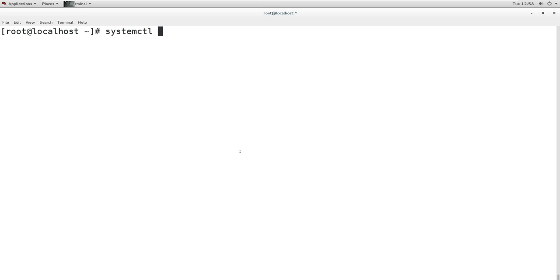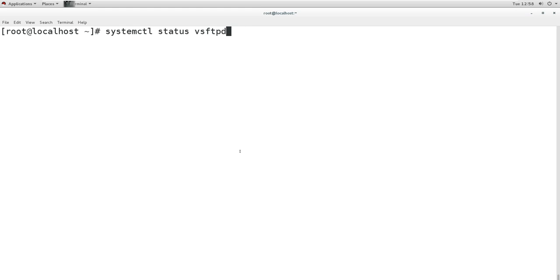This is the command to manage those services, systemctl. You should know the service name first. So systemctl is the command, and then after that you will mention what you want to do with the service. For example, you want to start the service, stop the service, or reload the service. So first I want to check the status, so I will say status of the service, and then you will mention the service name.